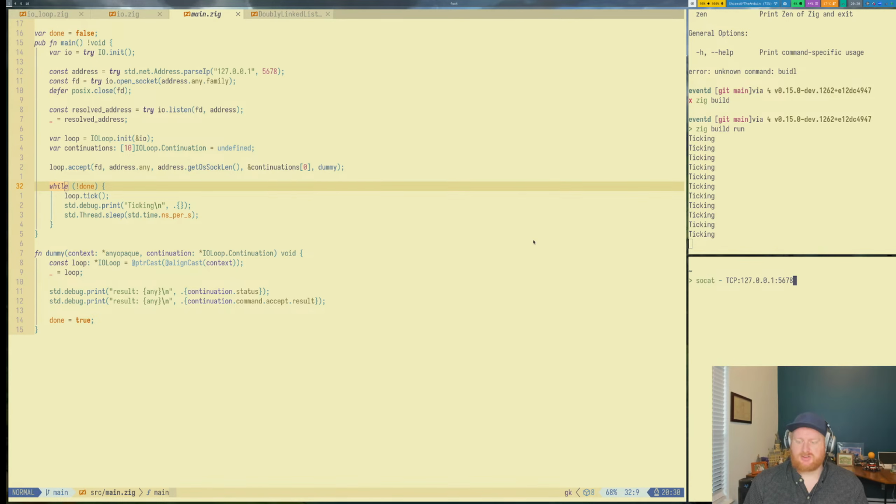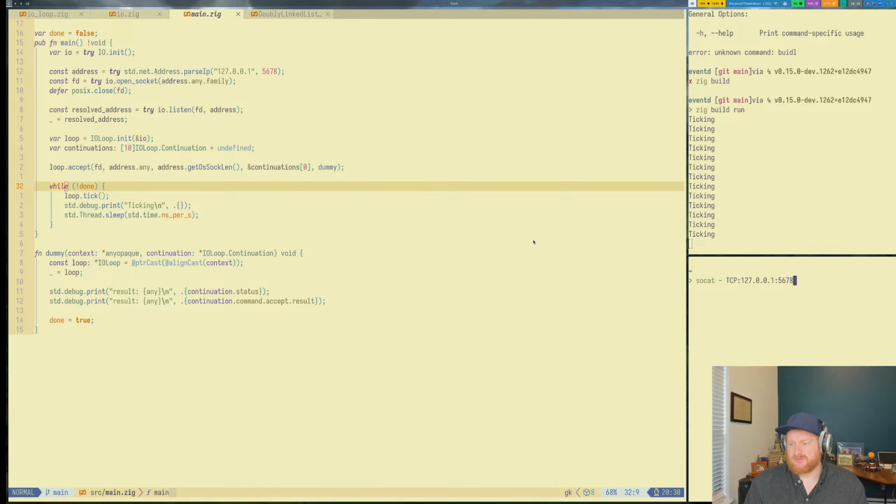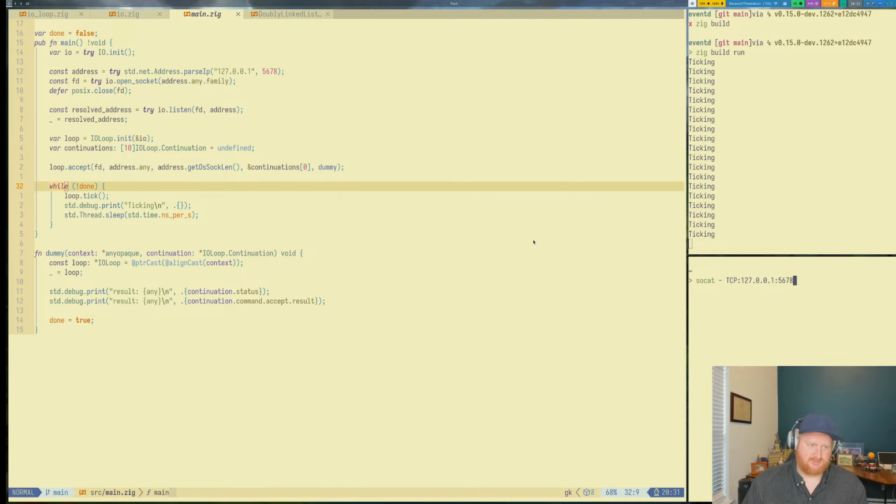I have it listening at port 5678. And socat is basically just a tool that lets you read and write from file descriptors. You can look at the man page for more info there. You can see that we submit that. The result status is completed. The file descriptor for the connection is 5. So you can see that it actually did open up a new file descriptor,